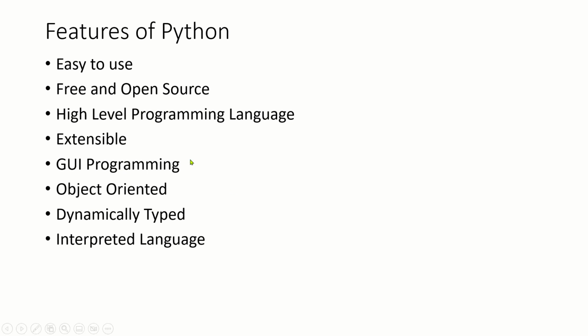Third, Python is a high level programming language. Fourth, Python is extensible, or I can say that Python is an extendable high level programming language. What does it mean? It means that there is no wastage of time in declaring the types of variables or arguments. If I assign variables or arguments in a Python program, there is no such wastage of time in declaring their types, which we will cover in the upcoming lectures.